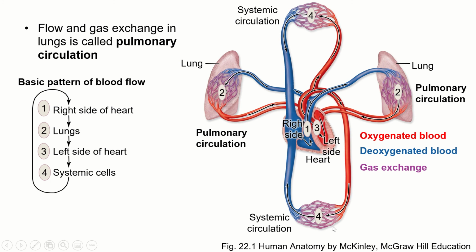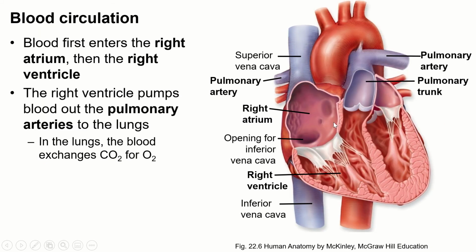Okay, so the blood comes in here onto the right side of the heart, goes out through the pulmonary trunk and pulmonary arteries to the pulmonary circulation, and comes back through the pulmonary veins to the left side of the heart. Okay, hang on just a second. Some of you were asking, I thought arteries carried oxygenated blood. Mostly they do, but there are a couple of very important